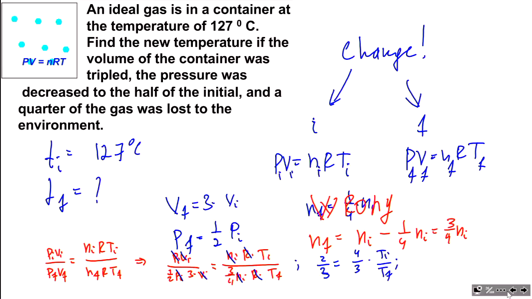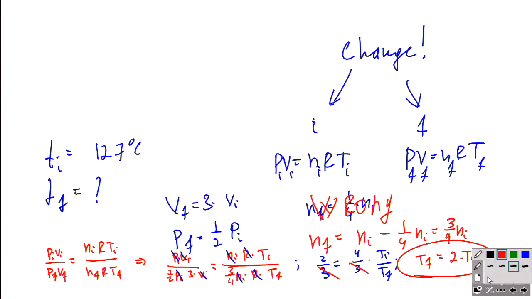I can cancel 3's, and that gives me T final will be equal to 2 times T initial. All right, I have to do it. T final equals 2 times T initial equals 2 times